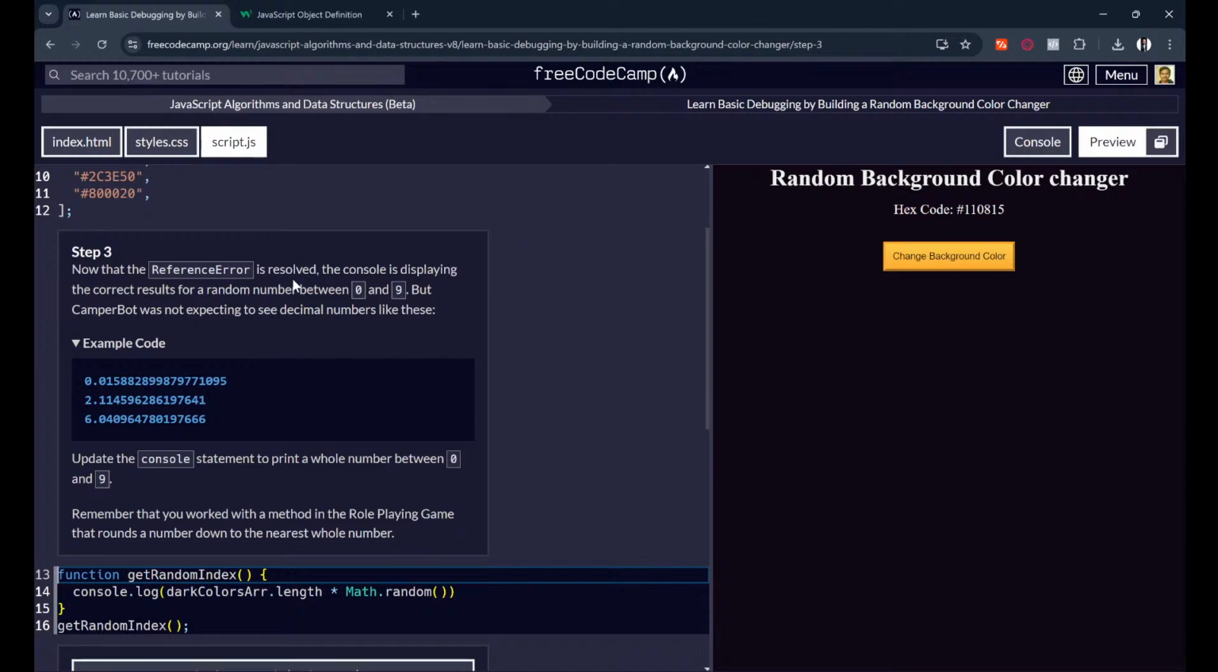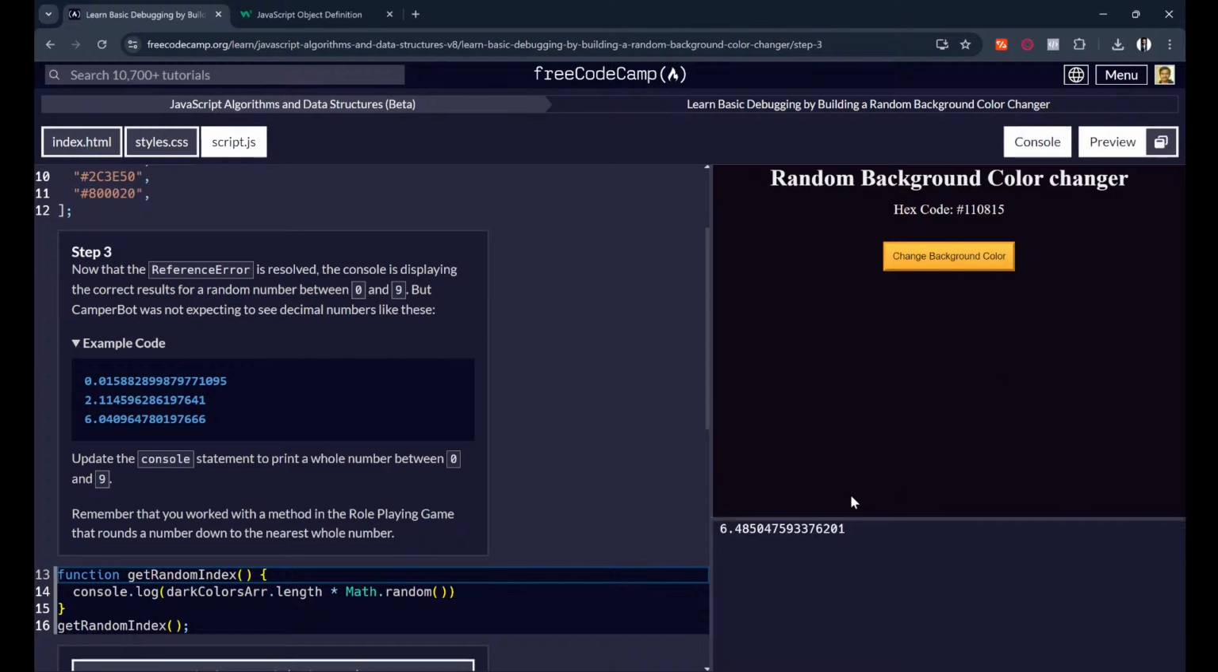Now that the reference error is resolved, let me open up what error. The console is displaying the correct results for a random variable 0 to 9, but Camperbot was not expecting to see decimal numbers like these. So update the console statement to print a whole number between 0 to 9. Remember that you worked with a method in the role-playing game that rounds the number down to the nearest whole number. Yes, it's called,